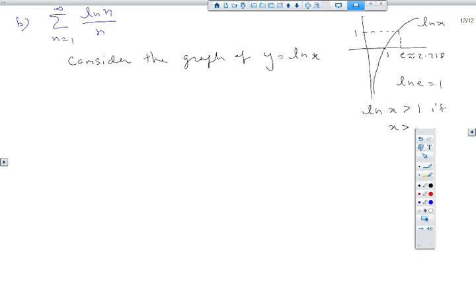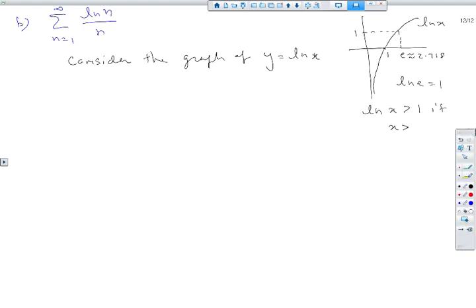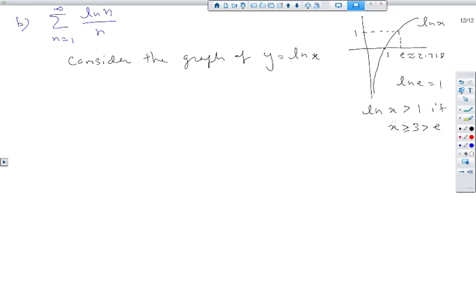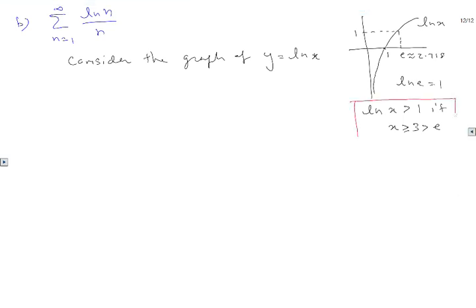For our purpose we can say greater than 3, which is greater than e. That's what we want, so we're going to go with that. It's actually e. If x is greater than e, ln x is greater than 1. So if you consider terms after 2, starting with 3,